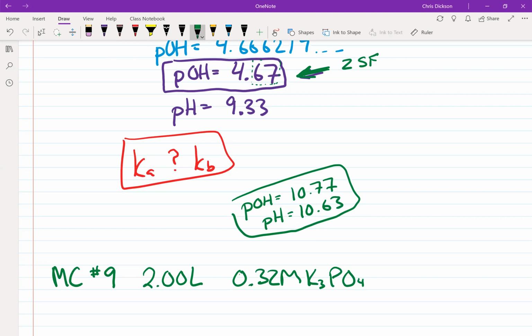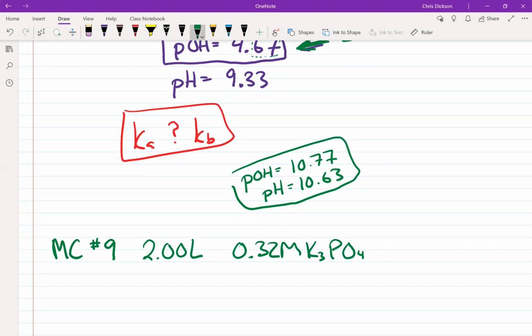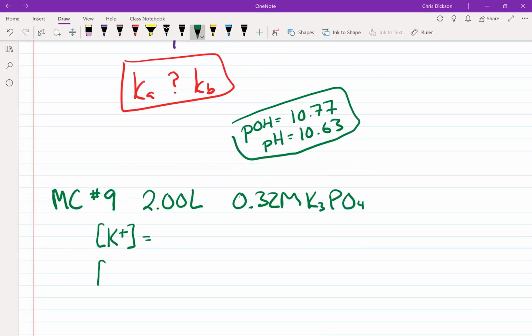And the question was asking, what is the concentration of the potassium ions and the concentration of the phosphate ions? For a question like this, where we're being asked about concentration, I made a mistake about this 2 business here. And just before we answer the question, imagine you had a glass that size,